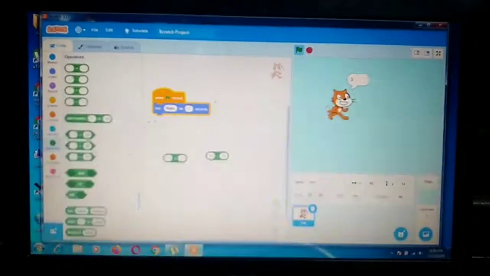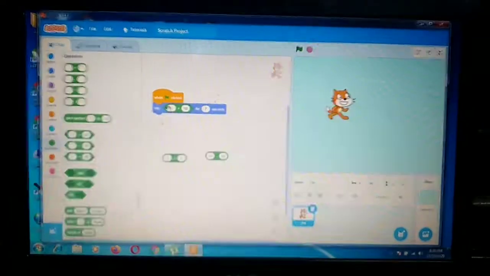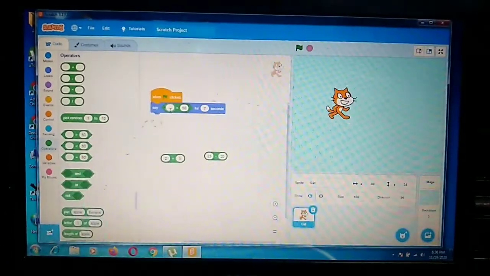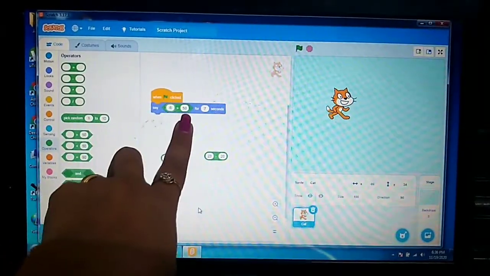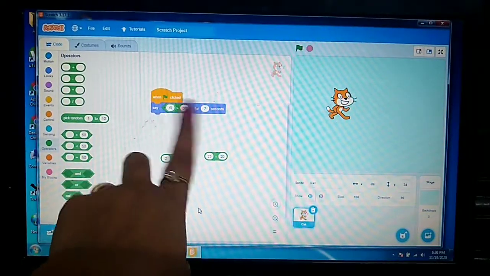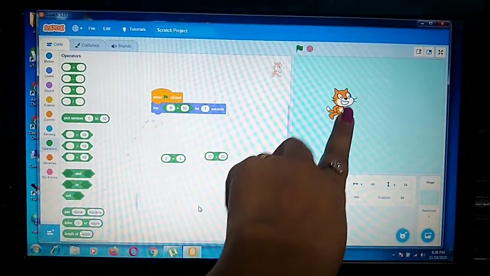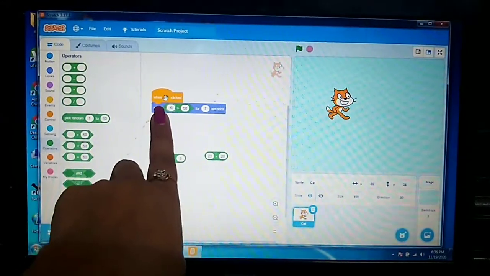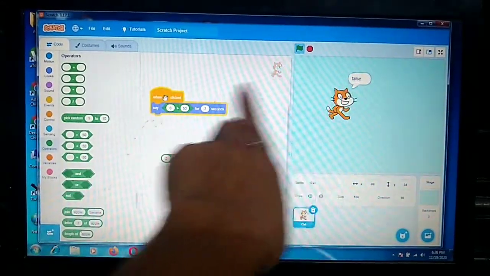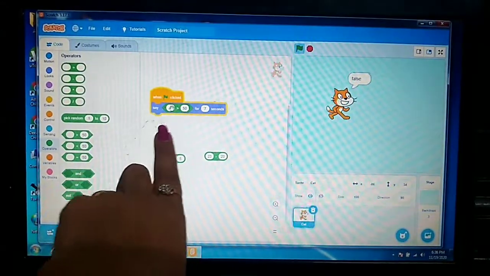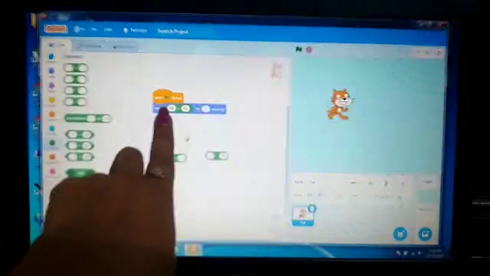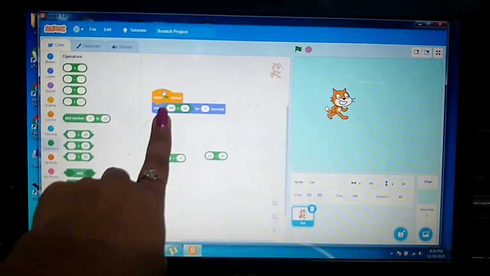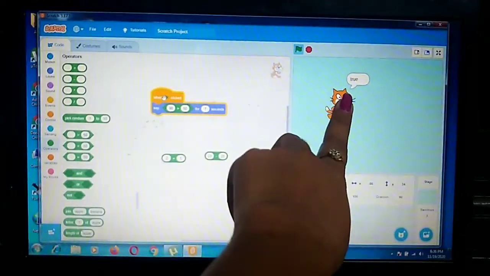Now I am showing you comparing numbers also, this one. Like I am writing here in this 60. Now it is 60 greater than 50. Is it true or false? This will say the answer true or false. So I will click on this. See, it is false because 60 is not greater than 50. Let me change the number. I am giving here 90. 90 greater than 50. Now it's true. So it will say true.